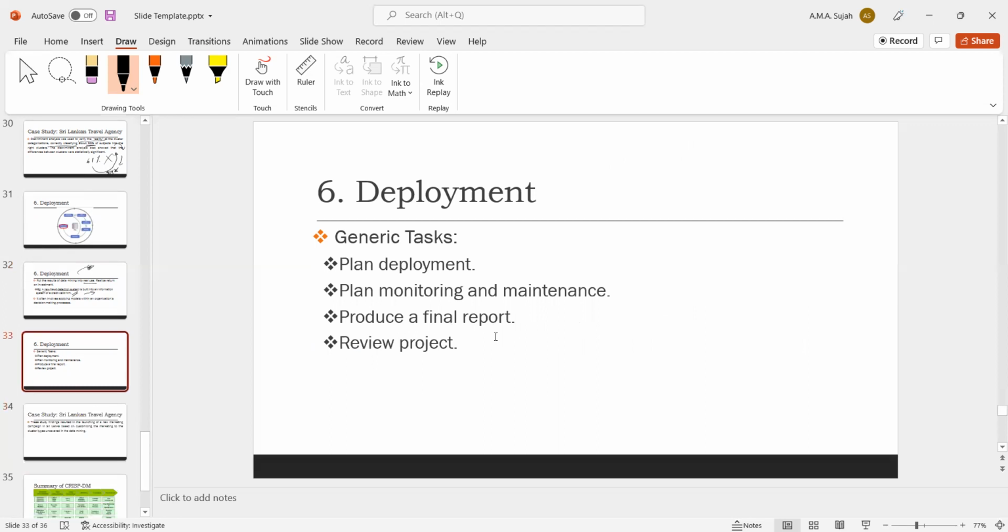If you think about deploying, we need to plan from which location we deploy and for how long we can deploy. Also, we need to plan the monitoring and maintenance. We can't do nothing after the deployment. We continuously update the model because, from time to time, tourist behavior changes. So we need to change the model. So we must continuously monitor and maintain the deployment. After the deployment, we must monitor the model.